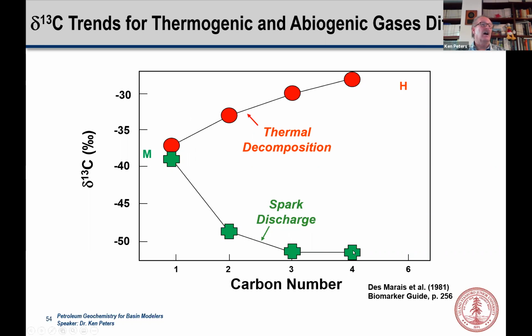However, if you take methane right here and you polymerize that methane, you try to simulate what might occur in the mantle or deep earth and polymerize methane to ethane, propane, butane, you see the opposite isotope effect. In other words, the reactions to make ethane are going to favor an isotopically lighter product. The C12 methane will react more rapidly than a C13. And you can measure that isotopically. So you see, this is a normal isotope distribution. This is a reversed isotope distribution that you would expect to see in an